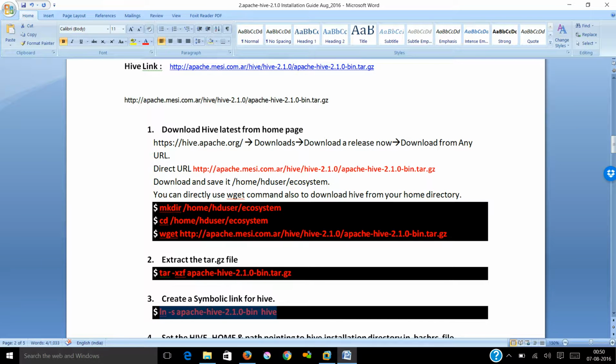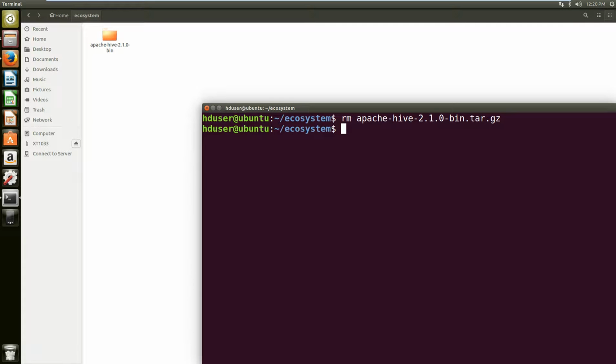Now let's create a symbolic link for this Hive. Why do you want that? Because now the folder name is apache-hive-2.1.0-bin. Now if you want to change to this directory, basically you would write something like cd apache, and you need to write the whole path. I just want to refer to this Apache Hive by a nickname called hive. I don't want to type apache-hive-2.1.0-bin every time. I always want to do something like cd hive, cd .., going back to the same place.